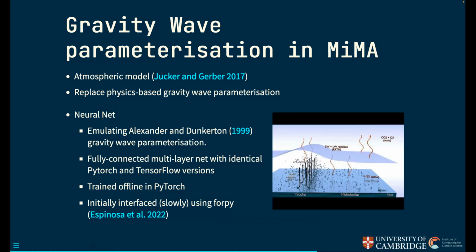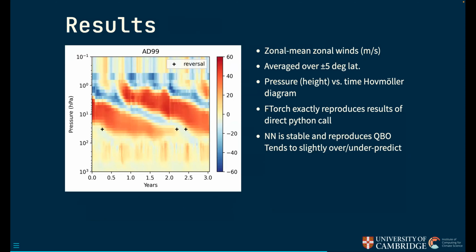One of the issues they had was it was running extremely slowly. They were using the F2Py library to connect, and they were also initially running this in TensorFlow, and I'll maybe touch on some of the differences at the end of the talk. They approached us to ask how they might go about speeding this up, making it more efficient. And that's where this work that we've been doing since has grown from.